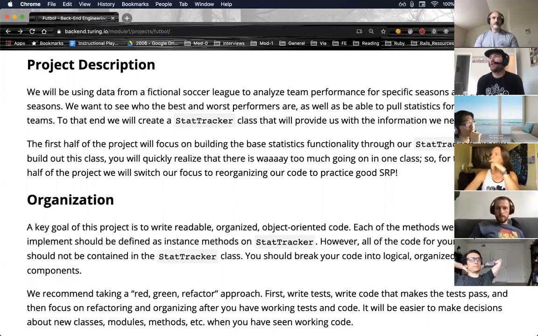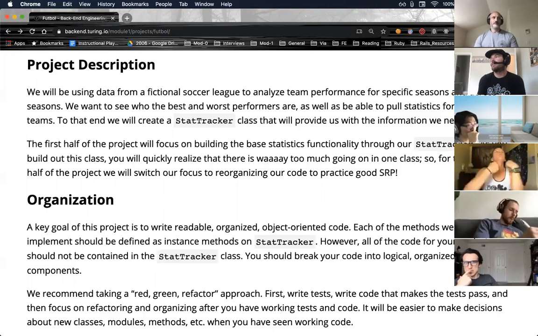Versus probably your game class that has quite a lot of functionality going on that possibly could be encapsulated within other objects. Yeah, the idea is that your classes are not too long and objects only know as much as they need to know. So there's not a ton of dependency across objects.